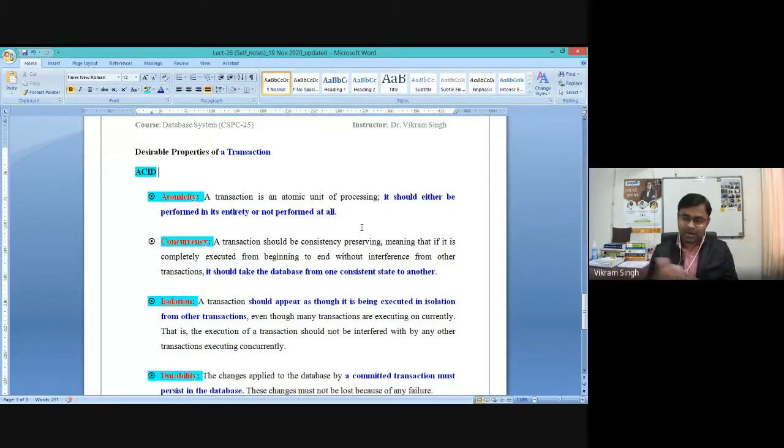एक example हमने कल भी लिया था कि suppose we are transferring some amount from my account to my family member's account, then the deduction of some amount from my account should happen, and this transfer of some amount into the family member's account should happen in a proper way. So basically, after completing the transaction, the state of data at my account and the state of data at my family member's account should be in the consistent state, right?